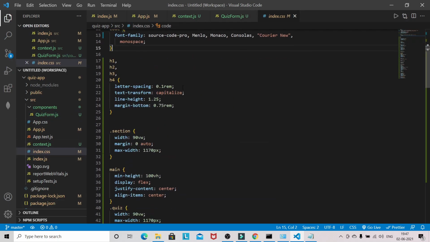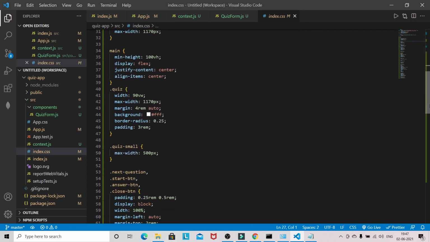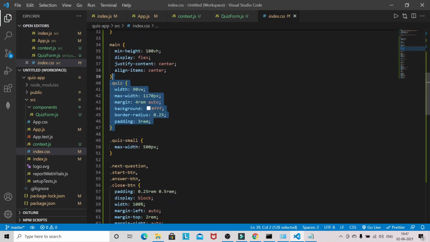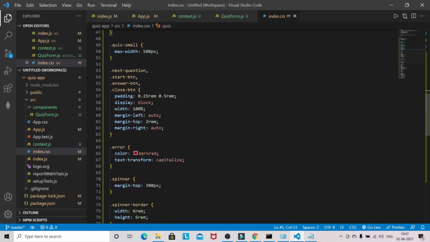So first you have to add this styling for heading and for section. Okay, then you have to add this styling for quiz, and quiz is small. Okay, and this is for the button. So in the upcoming, when we build the questions and model, then we will have a different button.